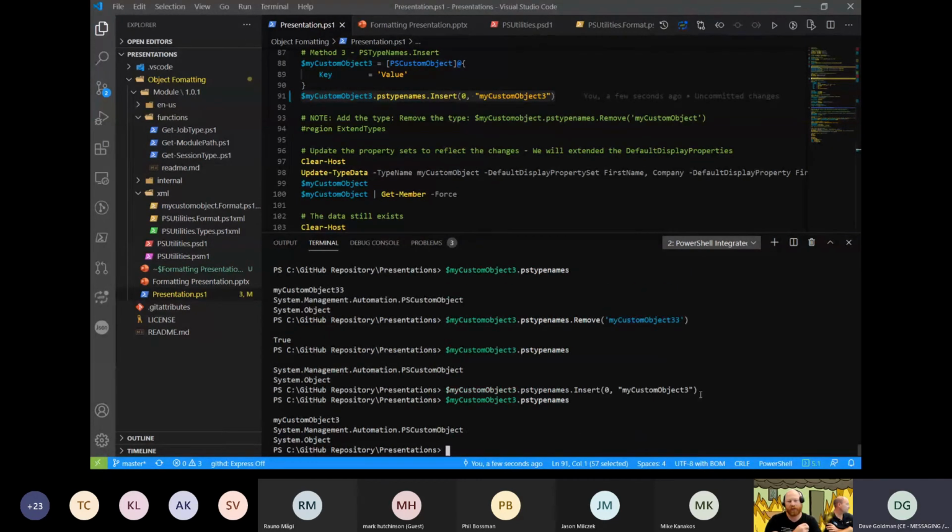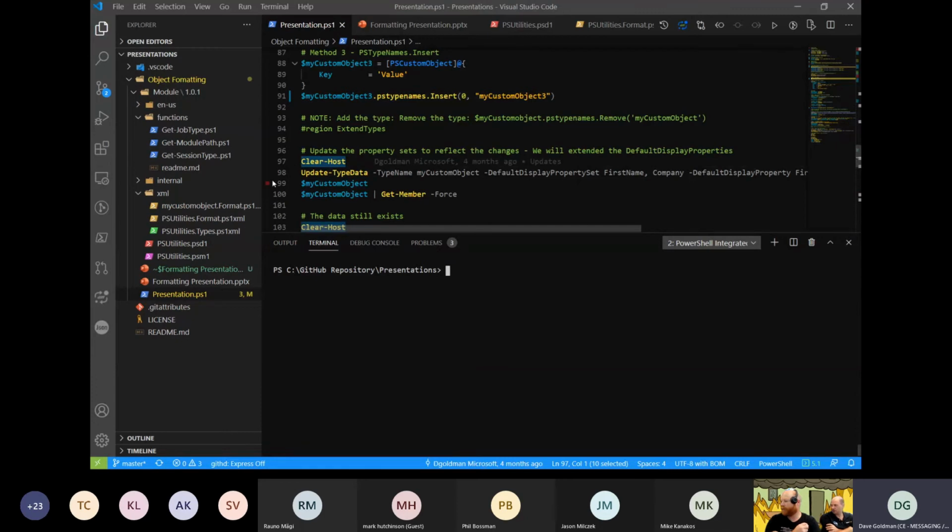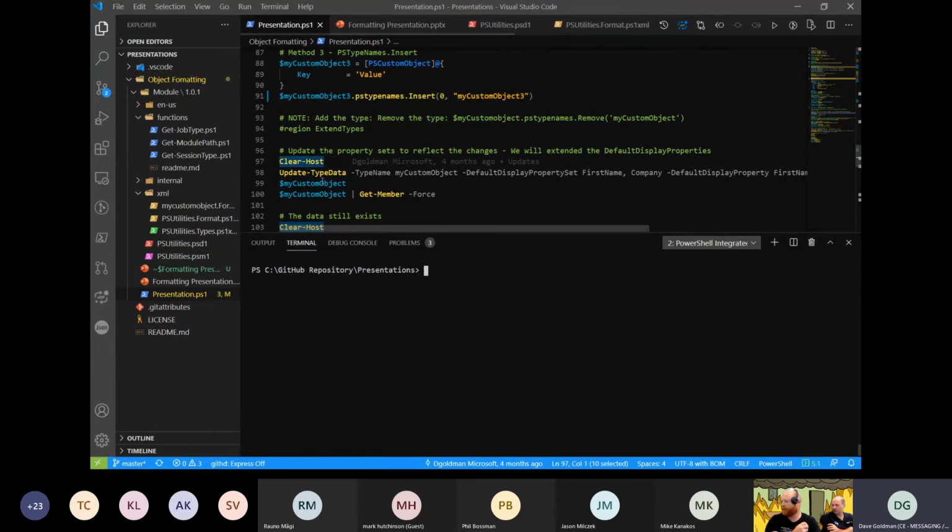Okay, so now this custom object has a name. That's great. But what does this do? Well, as I mentioned before, let me take a step back to the beginning of this object creation so we can see this, since we got off track a little bit. I'm going to pull up my custom object.